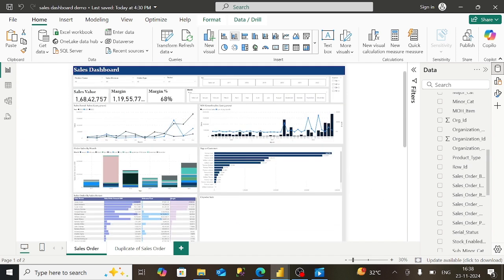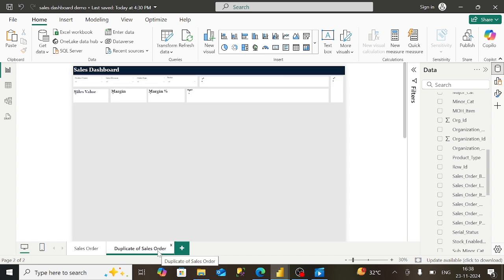So now I will later on change the alignment. Okay, so now we have created our dashboard. As you can see, I have created a duplicate of sales order. You can right click on your page and you can always choose the duplicate, click on duplicate to duplicate your page. Now I will change the name of this page to